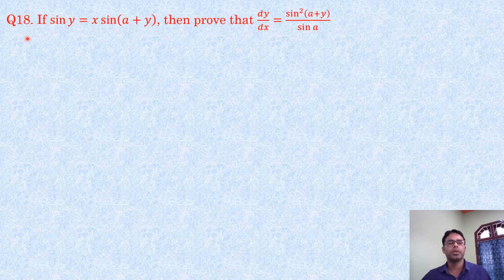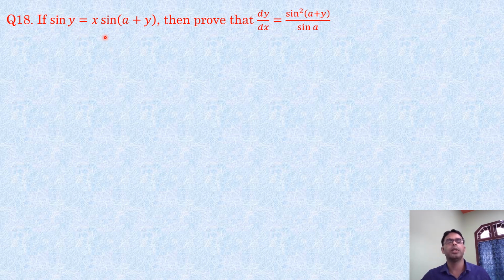Okay, take this question. If sin y is equal to x sin(a plus y), then prove that dy/dx is equal to this. It is one important question, and the previous question is also important. So here you see, though the function is given as sin y is equal to x sin(a plus y), it is an implicit function of y. You see, y is the dependent variable, and that is inside sin here and here also. So actually this is an implicit function, but